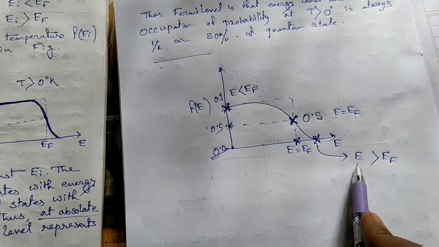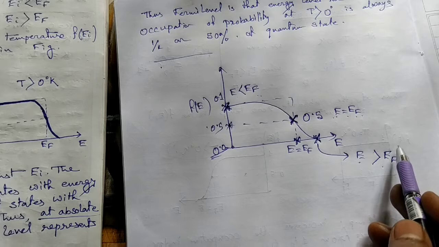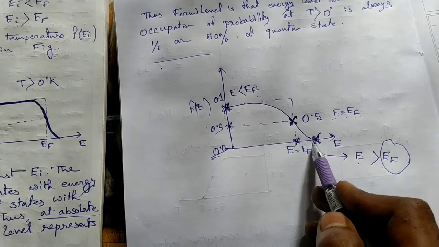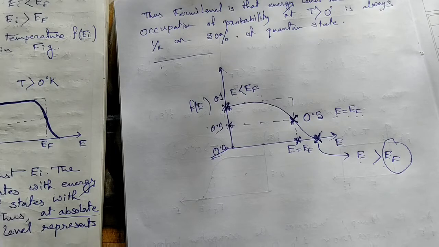But when the particle energy is much greater than the Fermi energy, the occupation of the quantum state becomes 0. That means no particle in the system can occupy any energy level. That means such a type of particle is now a free particle. Just like, for example, when